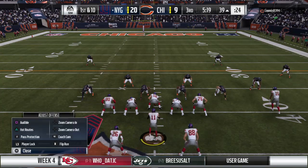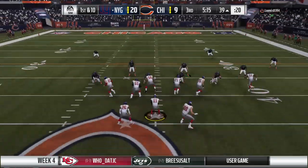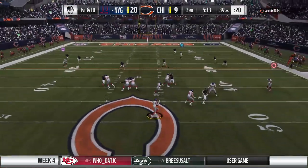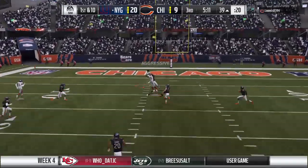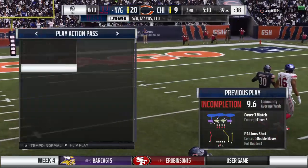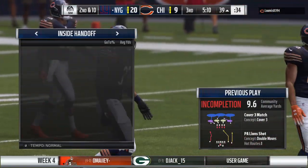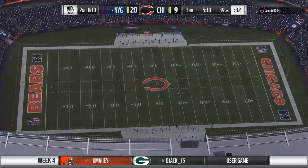Set. Back to throw, Weaver. He's airing it out for Williams. He couldn't quite hold it. Got hit, ball pops out. Incomplete. The beauty of being able to play a zone defense when you can sit back and see the ball